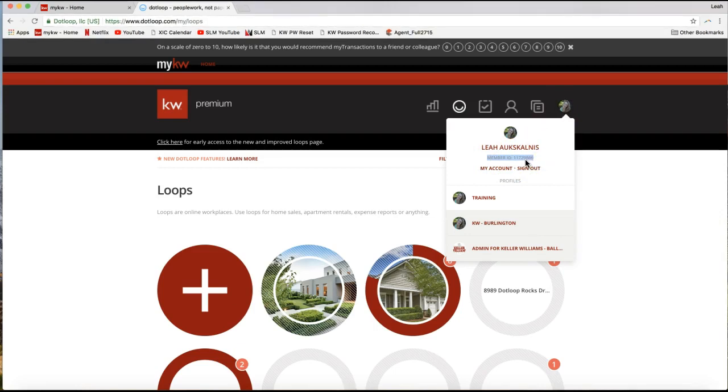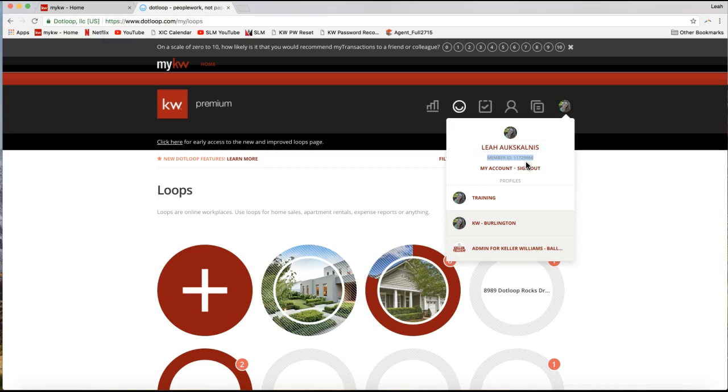Okay, so if you're having any trouble with Dotloop, you can call Dotloop support, and their phone number is on the bottom of every page in Dotloop. And they're really great. They have very extensive hours as well to help you out. If you call Dotloop and enter in this member ID that you see right here, when prompted, it actually moves you to the front of the support queue because you are a Dotloop premium member. So it's really awesome to move you to the very front of the support so you get faster support